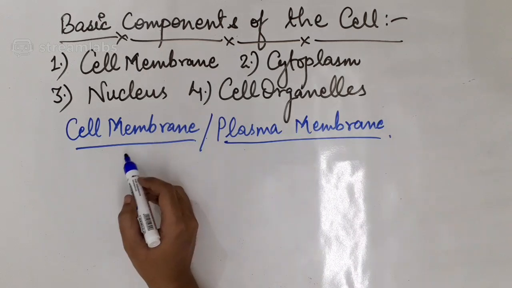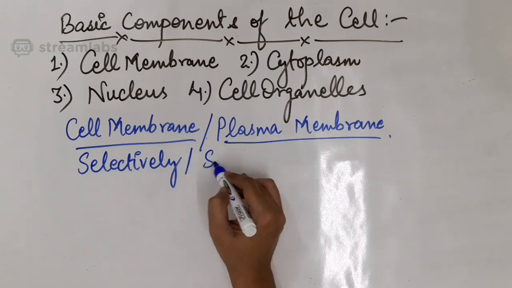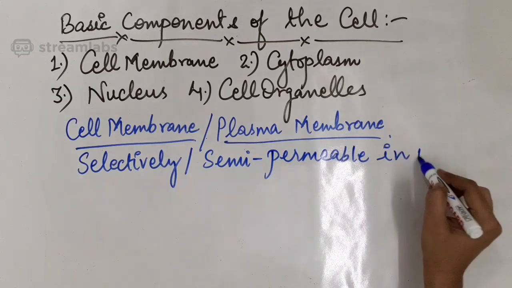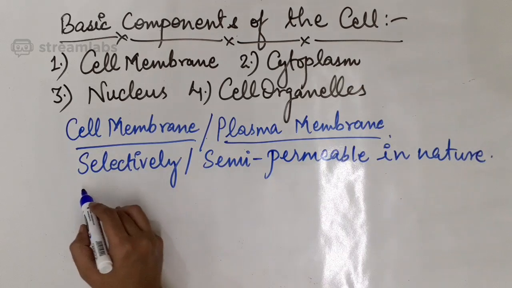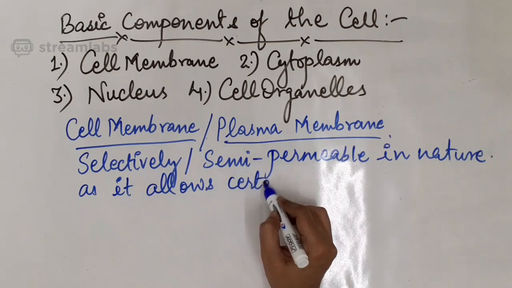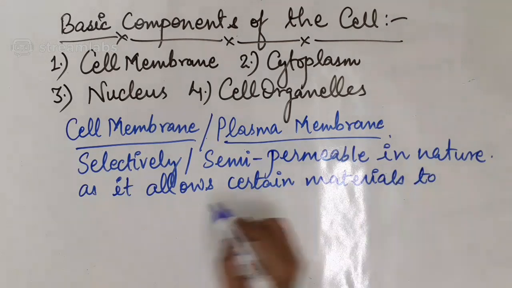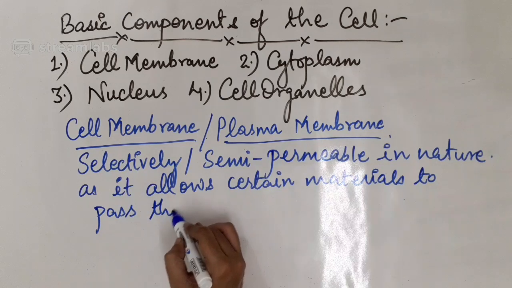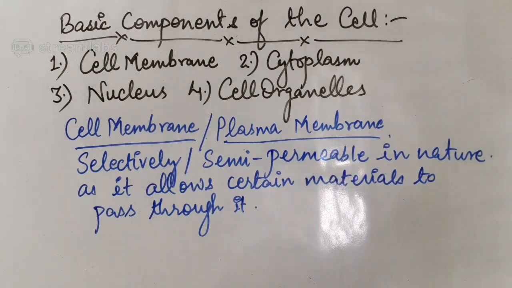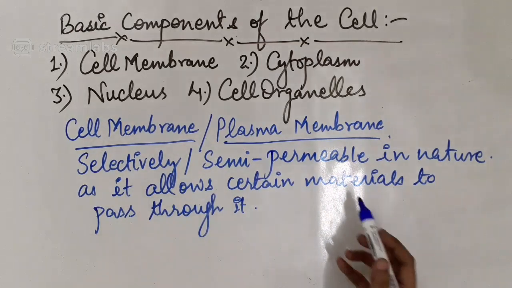It is selectively or semi-permeable in nature, as it allows certain materials to pass through it. Okay. What do you mean by certain materials which are passing through the membrane, and what are those kind of